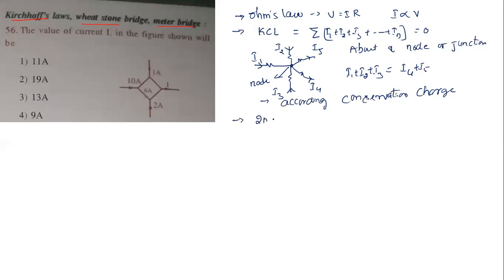The second law is what we call KVL, Kirchhoff voltage law or Kirchhoff voltage rule. As per this, the sum of the IR drops, summation of IR plus EMF, in a closed circuit is equal to 0. So that we are going to apply here. While solving questions, I'll tell you the conventions also. And it is according to the law of conservation of energy.